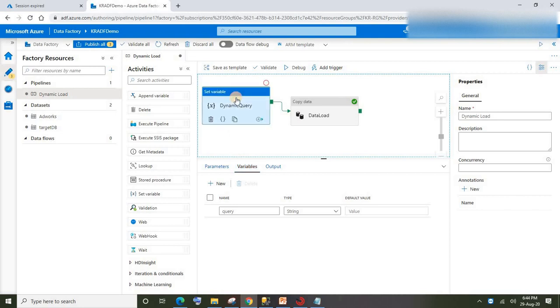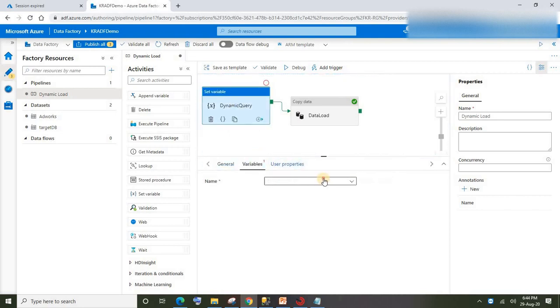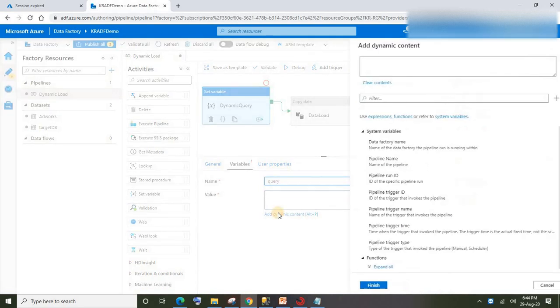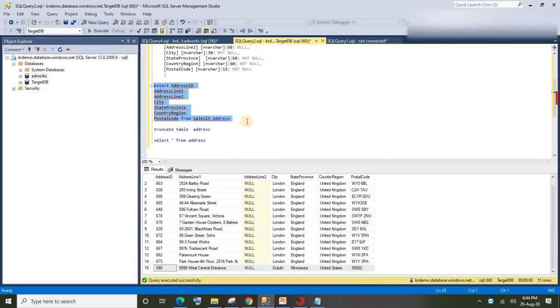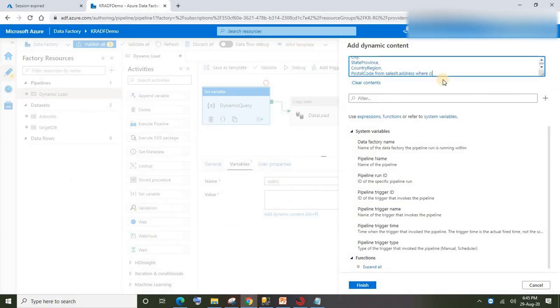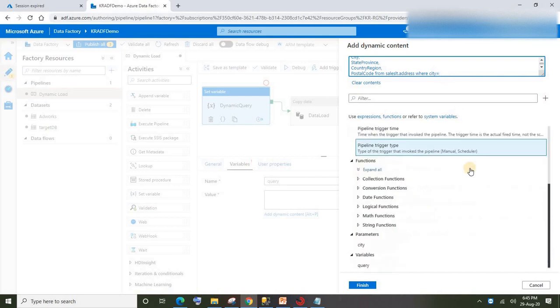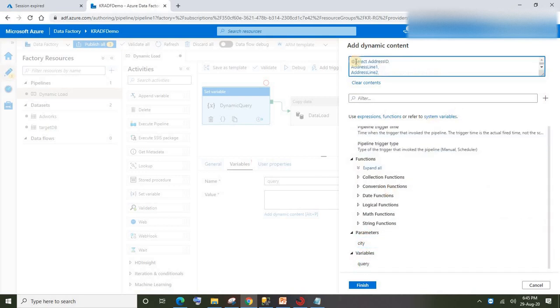And if you go to the set variable activity, under that select the variable that we just created, that is the query variable, and set the value for that. It should be dynamic. I'm going to set the value by using my source query where city equals to, let me go and select the parameter. For the where condition, it should be from the parameter, right?